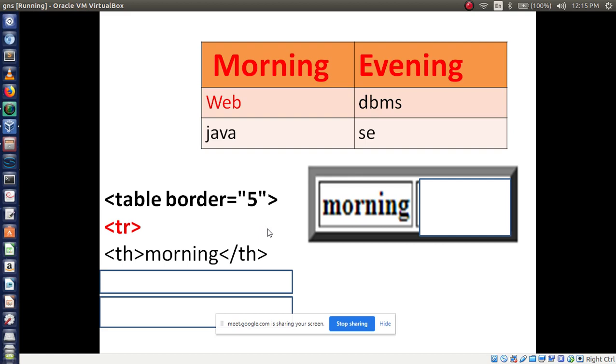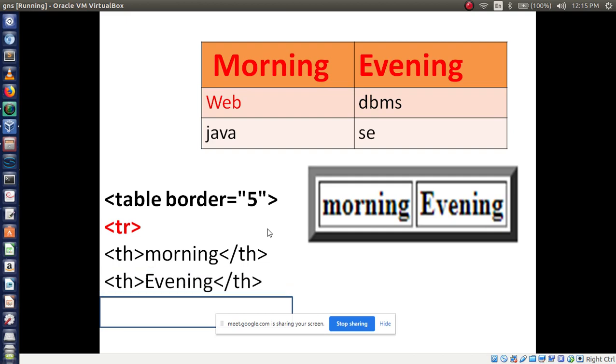I want to display evening like this. With which tag do I have to write? Th followed by evening, then close the th tag.